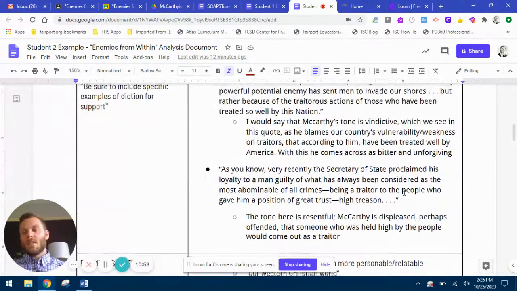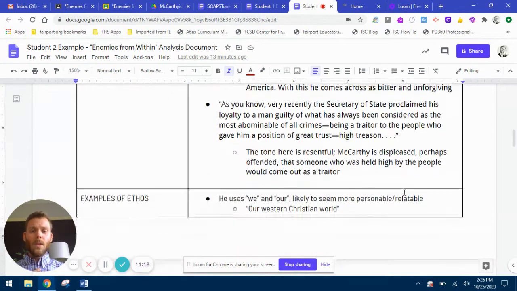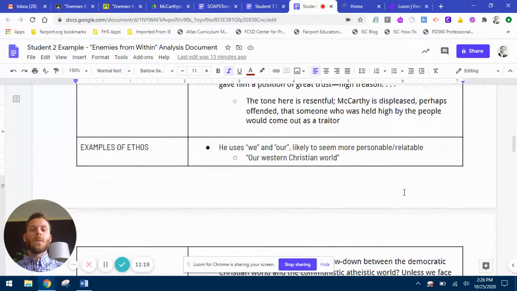I would say, guys, two examples is enough. Some of you had 7, 8 examples, which is awesome. I don't want to tell you not to do that, but I think you get to a certain point where there are diminishing returns, right? If you pull out a couple strong examples, that just demonstrates to me that you know what you're doing. You don't have to go super crazy with it.